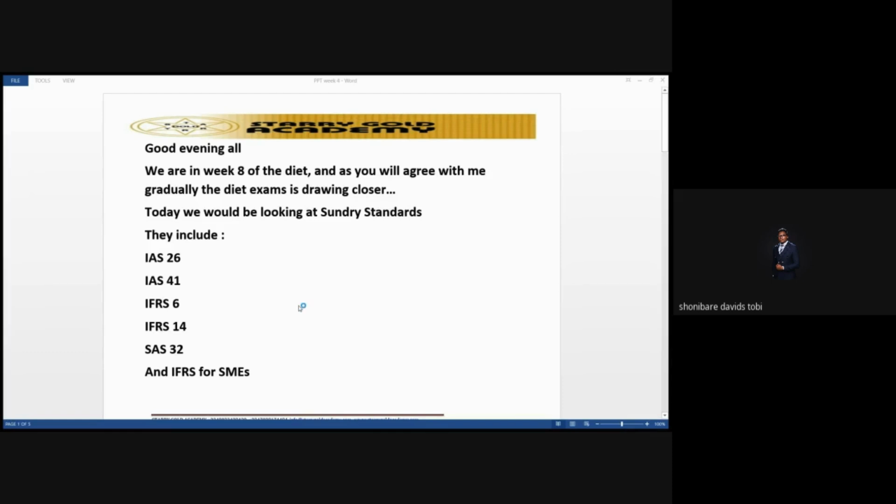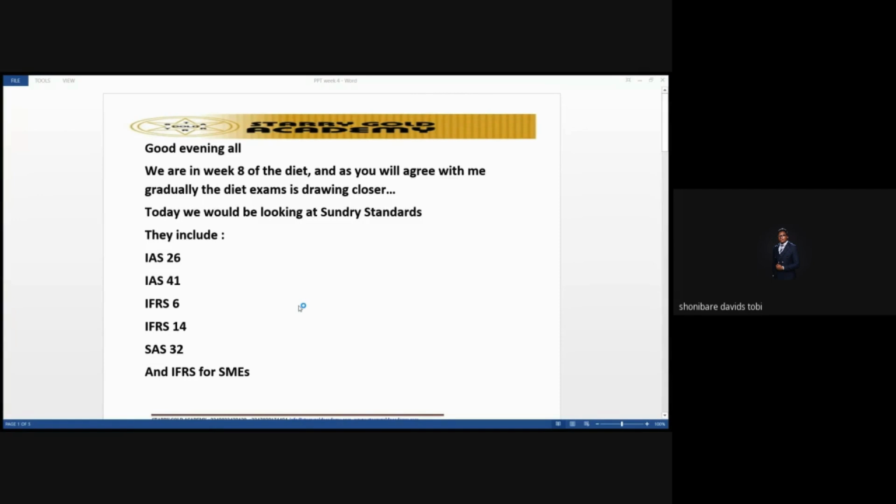I'm saying my own, because at times ICAN can come and tell you that it's not every time that you're expecting a calculation. ICAN used to say, okay, you are an intern or a graduate trainee in some company, and a client of yours is into the farming business and they don't understand how to go about the recognition of biological assets. So the partner now gives it to you that you should prepare a report that will be presented when you are discussing with those clients. So do you understand some of these things? That's how ICAN can test a question.